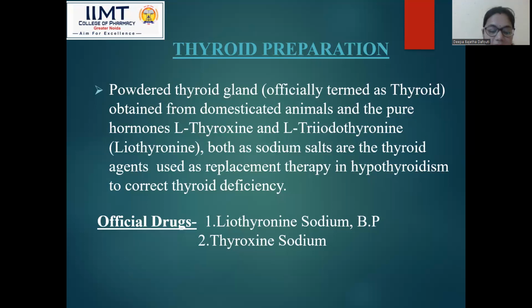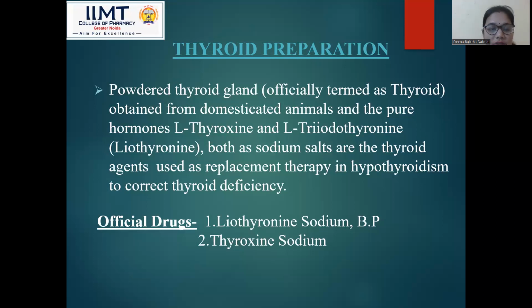hyperthyroidism or hypothyroidism, that is overactive or underactive thyroid, involves getting your body's metabolism back to normal. So powdered thyroid gland, officially termed as thyroid, obtained from domesticated animals, and the pure hormones L-thyroxine and L-triiodothyronine, or the other name of this L-triiodothyronine is liothyronine. Both as sodium salts are thyroid agents used as a replacement therapy in hypothyroidism to